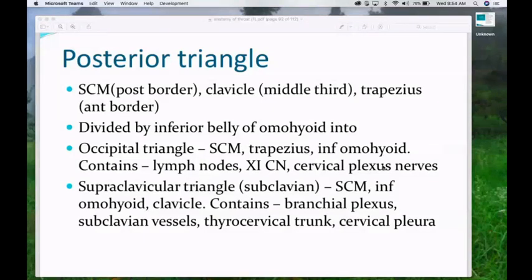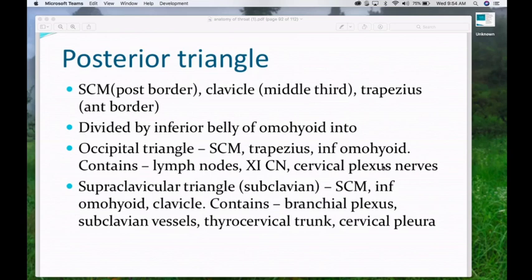Now the posterior triangle. Please tell me how the posterior triangle is made. What is the boundary of the posterior triangle? The posterior triangle is bounded anteriorly by the posterior border of sternocleidomastoid, posteriorly by the anterior border of trapezius, and inferiorly by the middle one third of the clavicle. And it is divided into two parts: supraclavicular part and